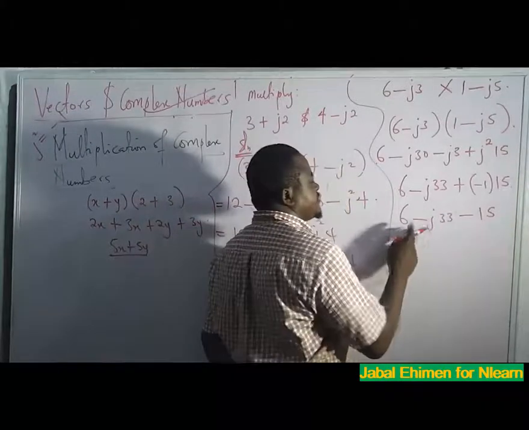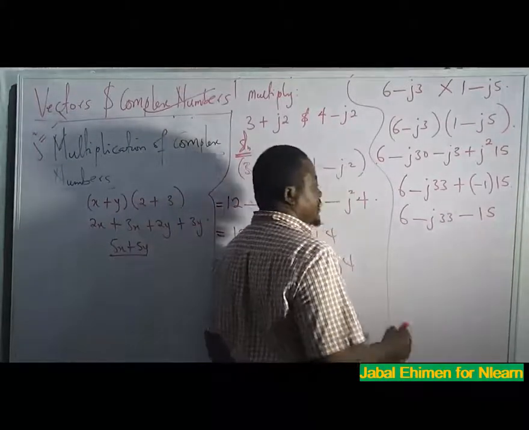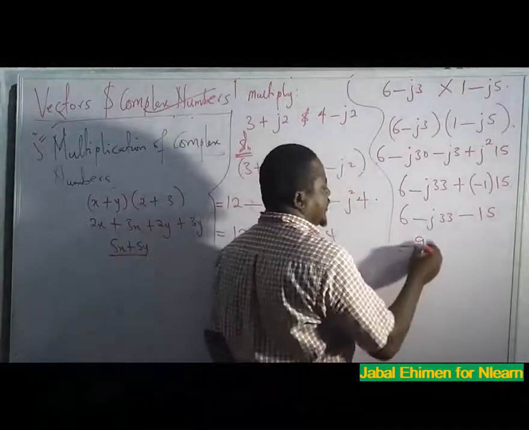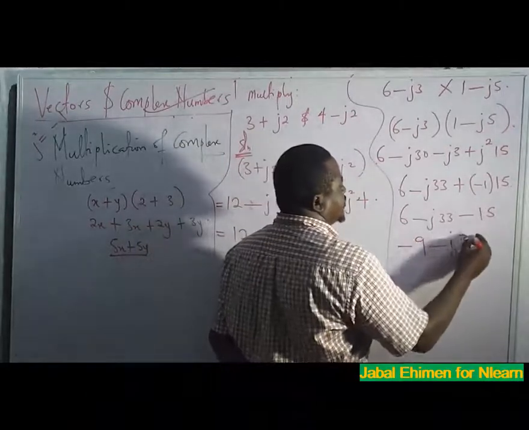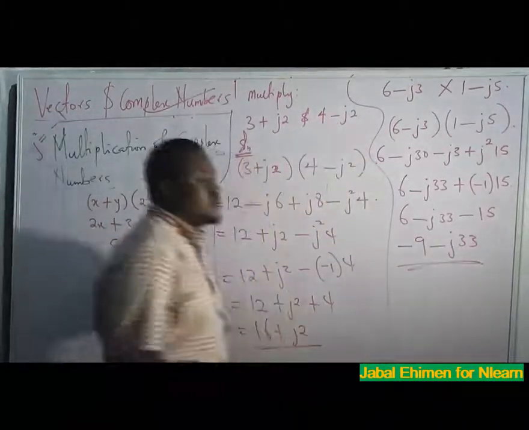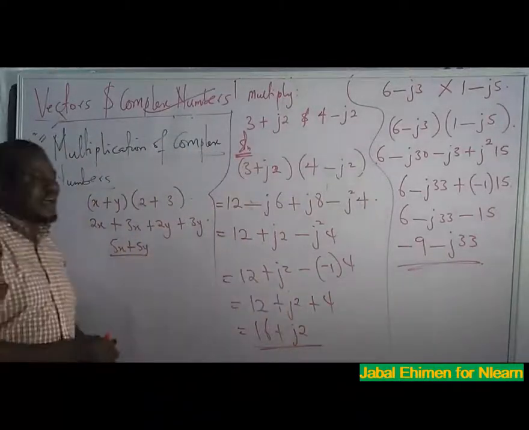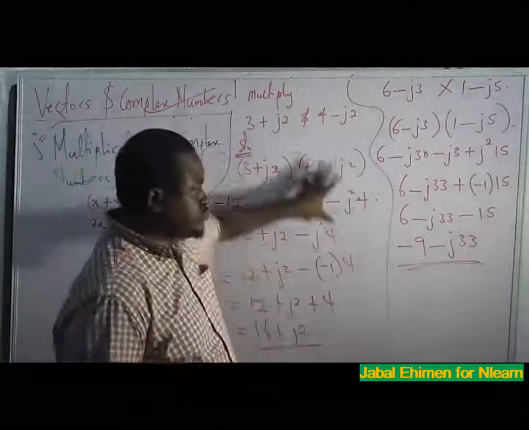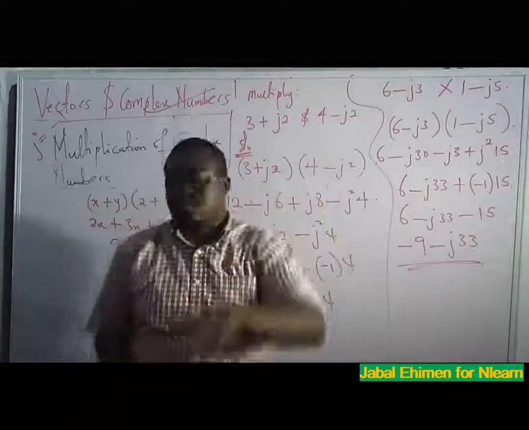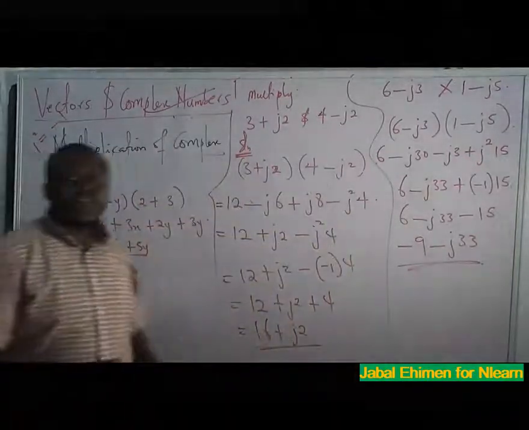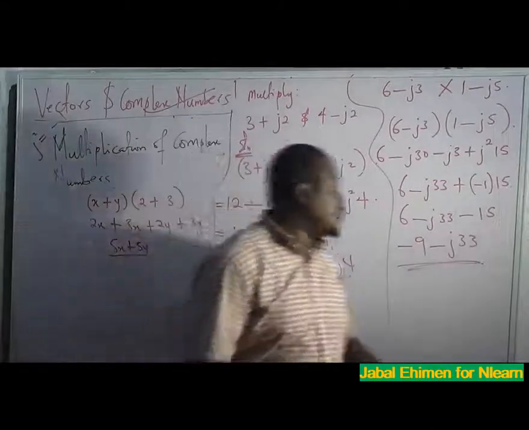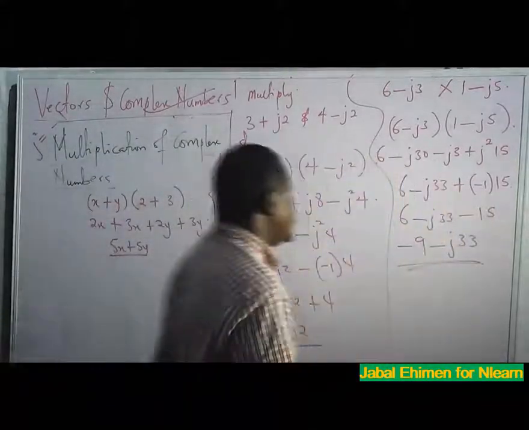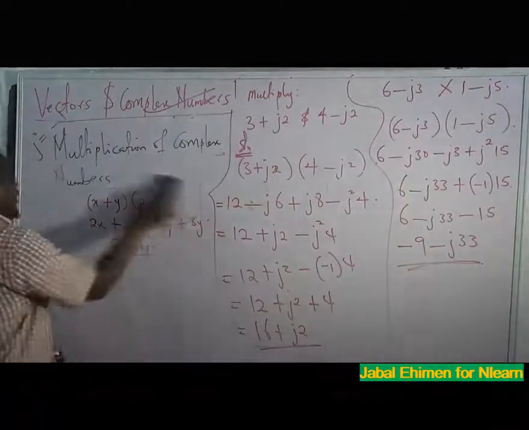So 6 minus 15, automatically that will give us minus 9 minus j33. So that is the value. So that's multiplication as far as complex numbers are concerned. But we can shift that value out in the sense that under normal circumstances, I can